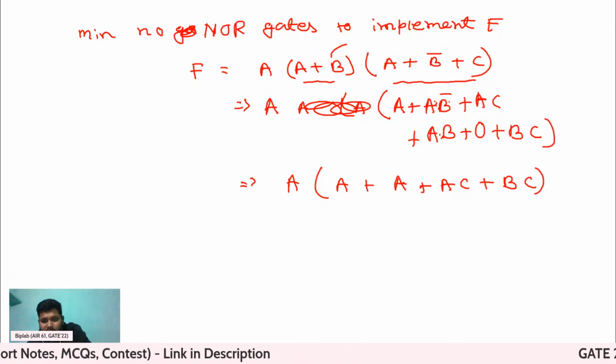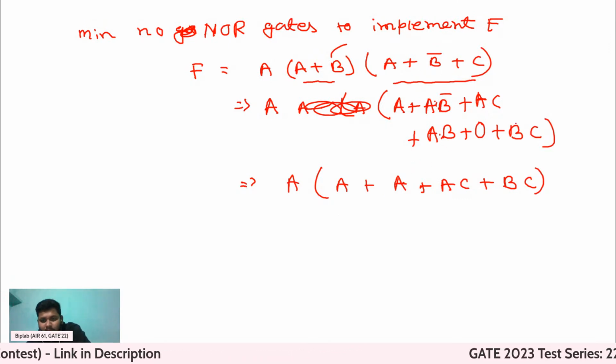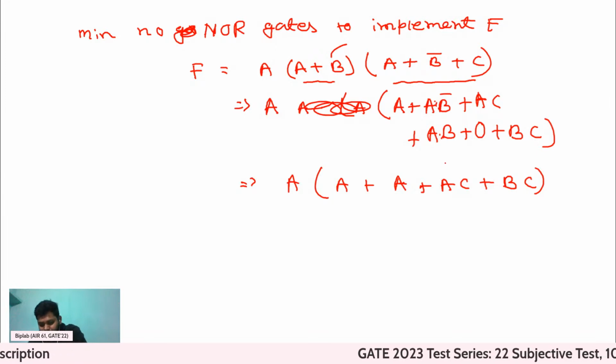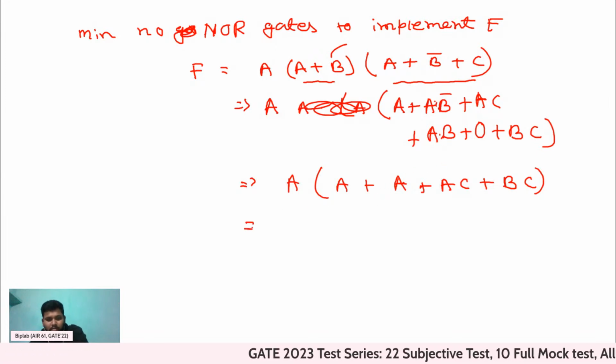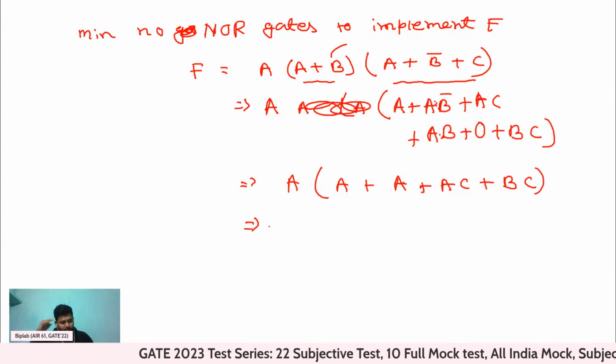B bar was there. Yes. Okay. So can you forward? What will be